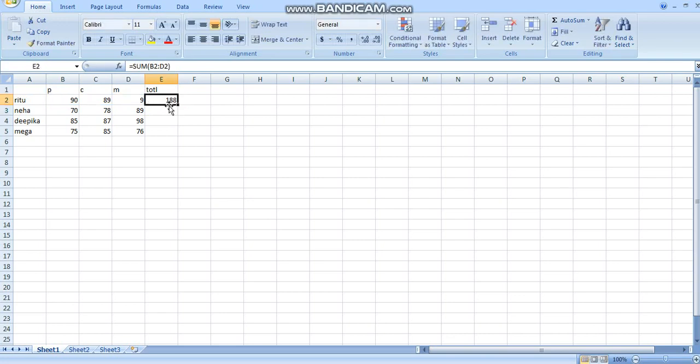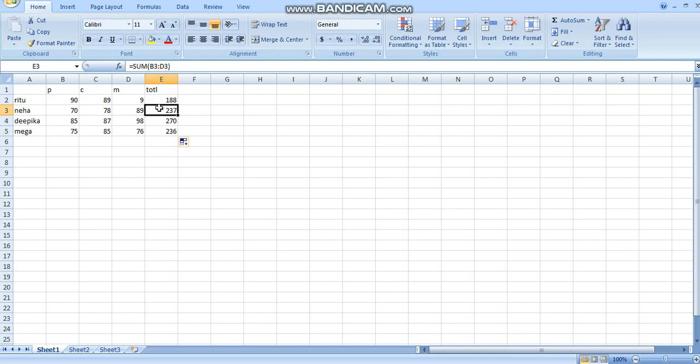Now if I drag this formula down, all the values get added. If you see the first one, the reference is B2 to D2. Here it automatically changes to B3 to D3.